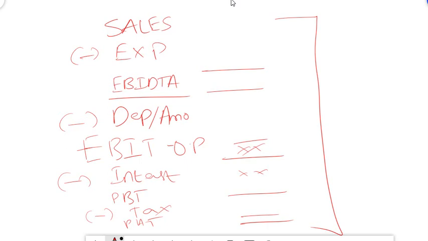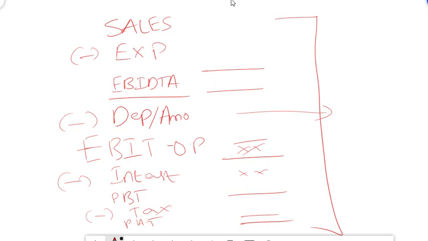Why EBITDA is important? Because depreciation and amortization is generally a non-cash expense, isn't it? It is not something that we incur in cash. So generally people would prefer to know the real value of sales minus expense. So that is why EBITDA is found out. We will learn more about this in a chapter called ratio analysis. EBIT is nothing but your real operating profit.